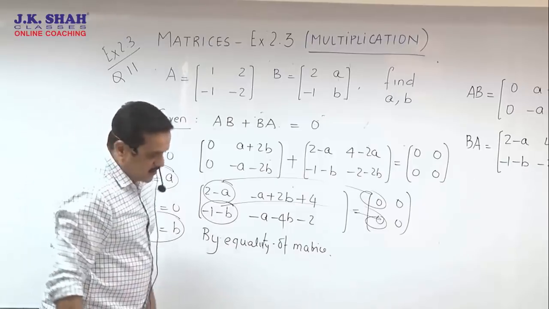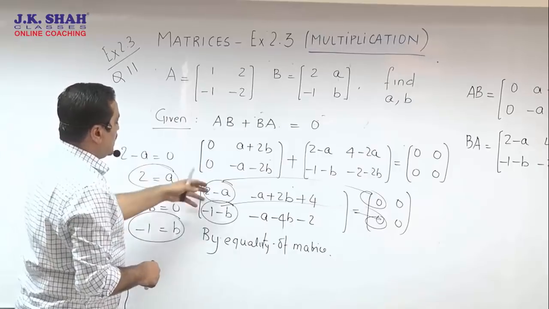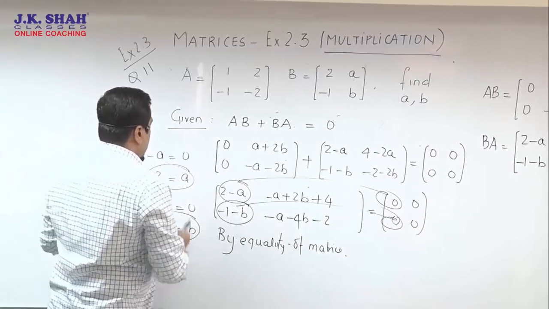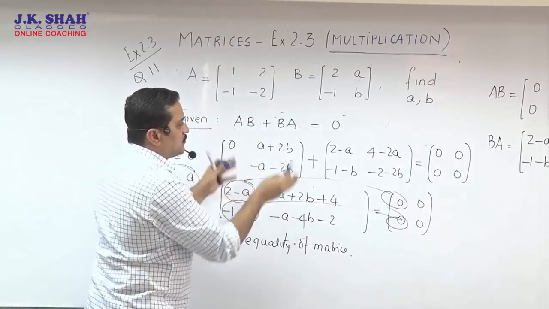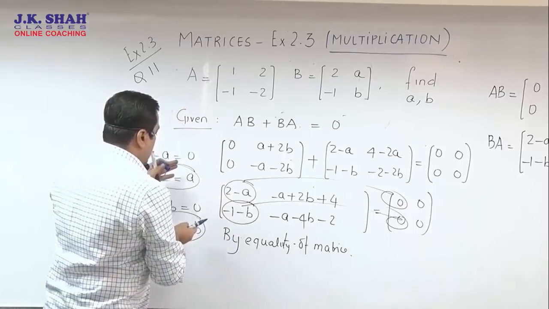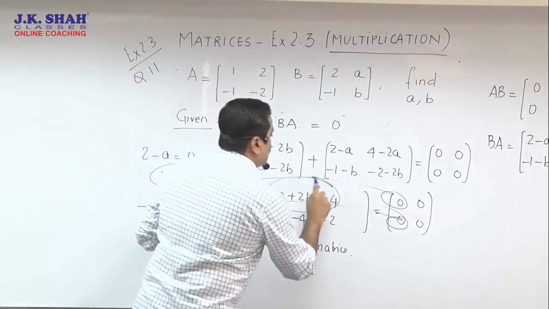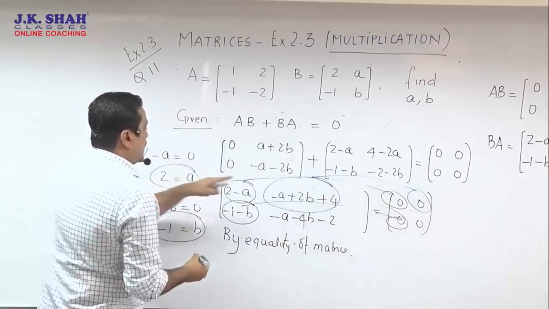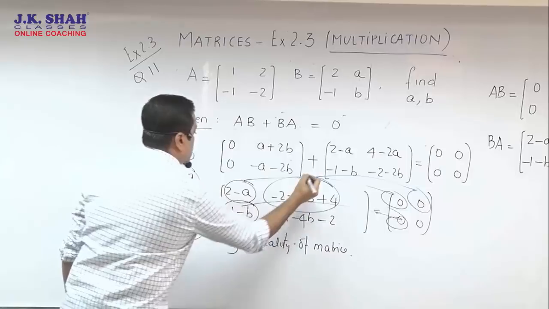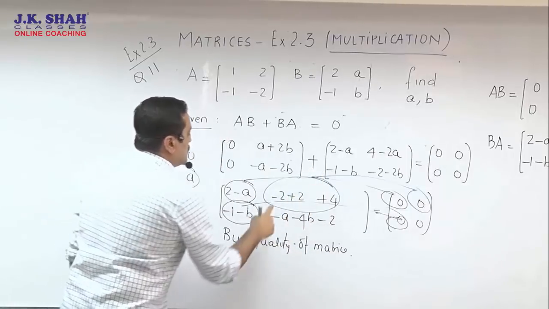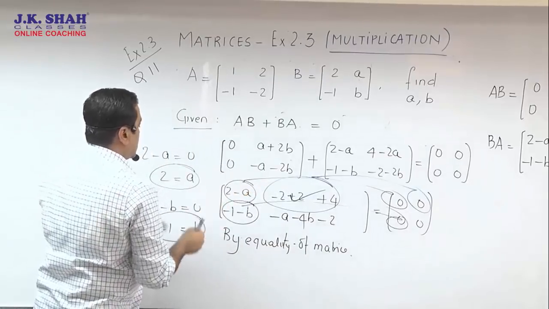But still, there is something more you can do to this. Now you got your answer of A and B by equating two simple elements. Now what you can do is, if you want to check whether the answer is correct or not, or whether the elements you have got by so much multiplication and addition are correct or not, try to insert the values of A and B in that and see whether it is satisfied. As we all know, this equation also has to become 0. So put your value of A in that. That you can do by pencil in your rough. Minus 2 B ka value. This is I am checking the answer right now. My sum is over. Minus 4 plus 4, that is 0. Seems to be correct. The element seems to be correct, the value seems to be correct.